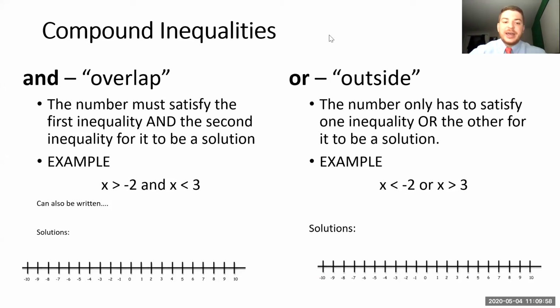So if we're looking at this problem here, let's talk about the number solutions first, and then we'll talk about the other way they can be written. So if the number has to be greater than -2 and less than 3, well, -1 would be one of those numbers, and 0 would be one of those numbers, and 1 would be one of those numbers, and 2 would be another of those numbers. But there's no other numbers that could be solutions, because remember, it has to satisfy both